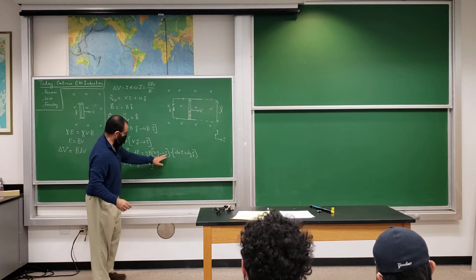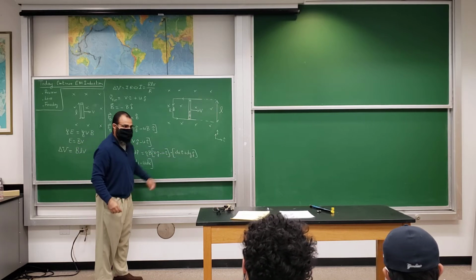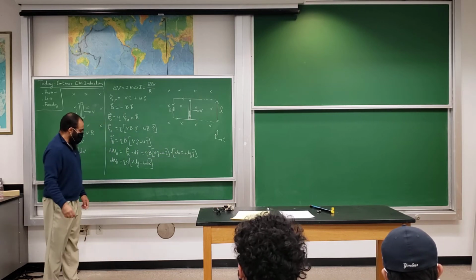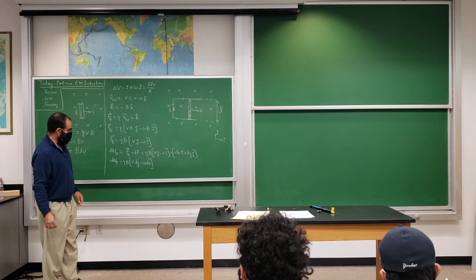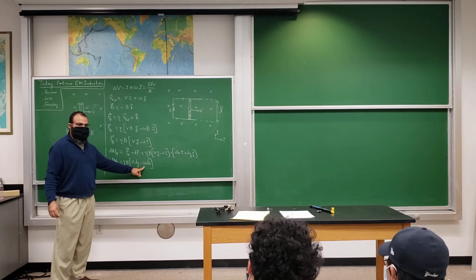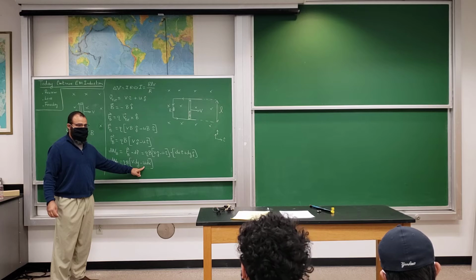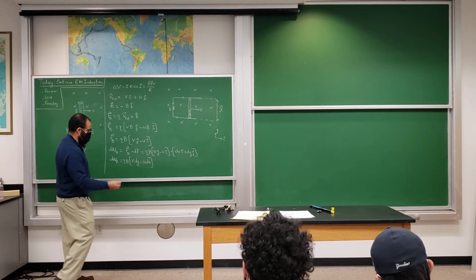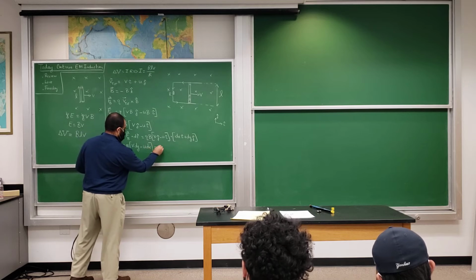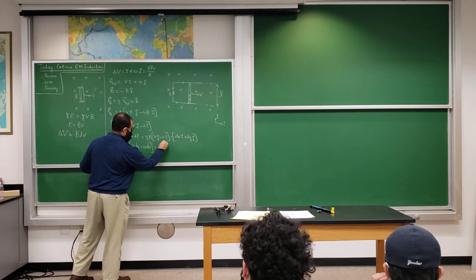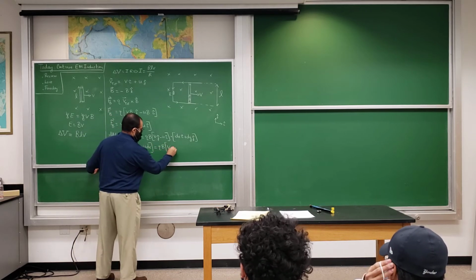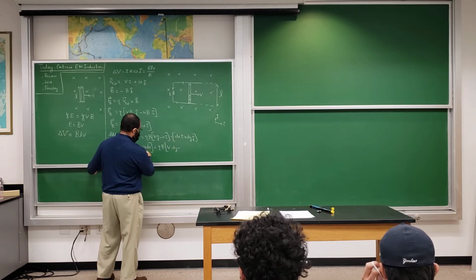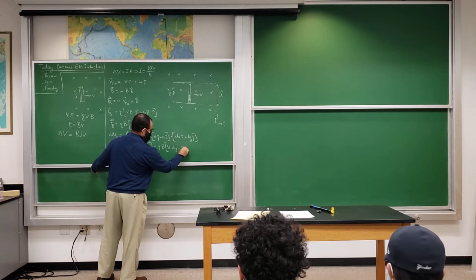And that's it. And then this i hat dot j hat is 0. Okay. Now, what is u? u is dy/dt, right? u is the velocity in the y direction. So it's dy/dt. So you get qB and then v dy minus u, which is dy/dt